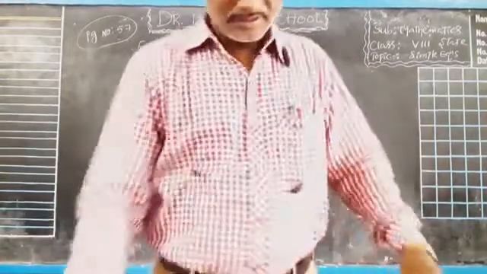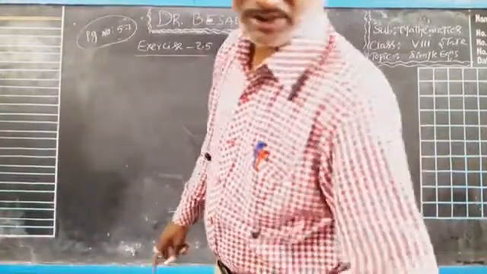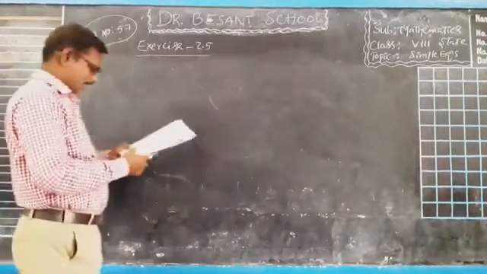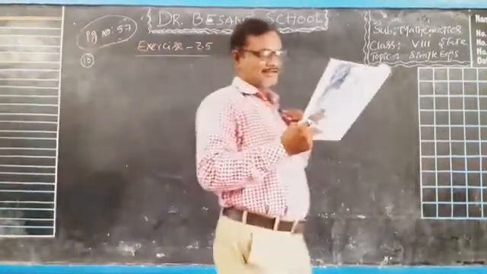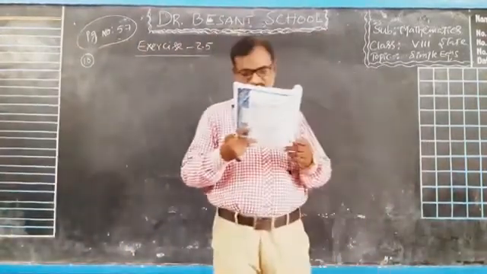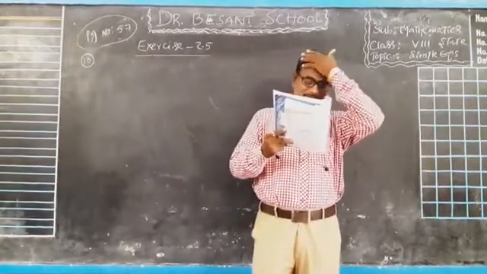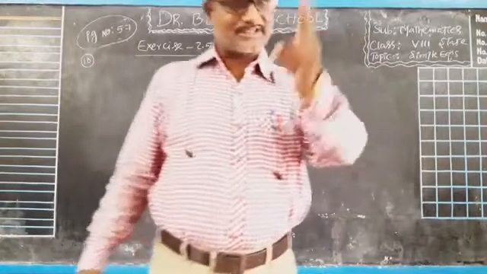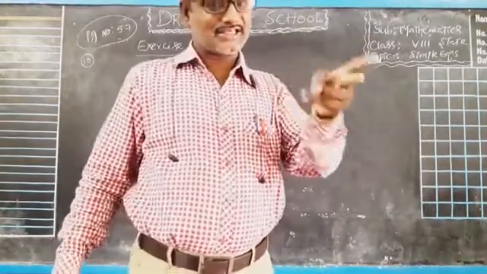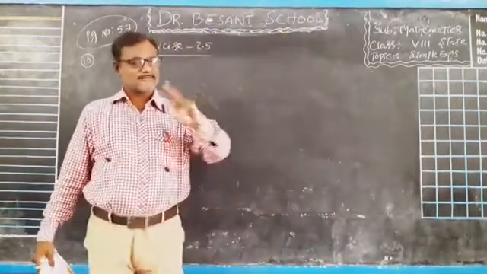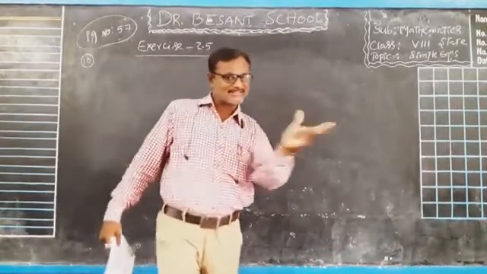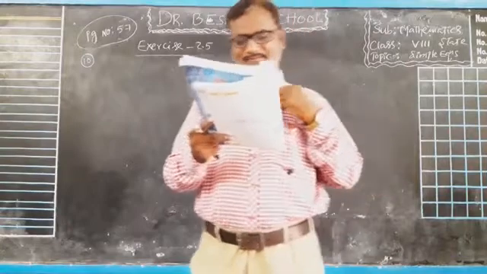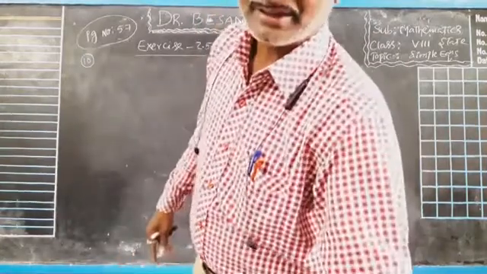Children, I am going to explain question number 10. Verify, children. Question number 10. If a train runs at 40 kilometers per hour, it reaches a destination 11 minutes late. But if it runs at 50 kilometers per hour, it is late by only 5 minutes. So now find the distance to be covered by the train.